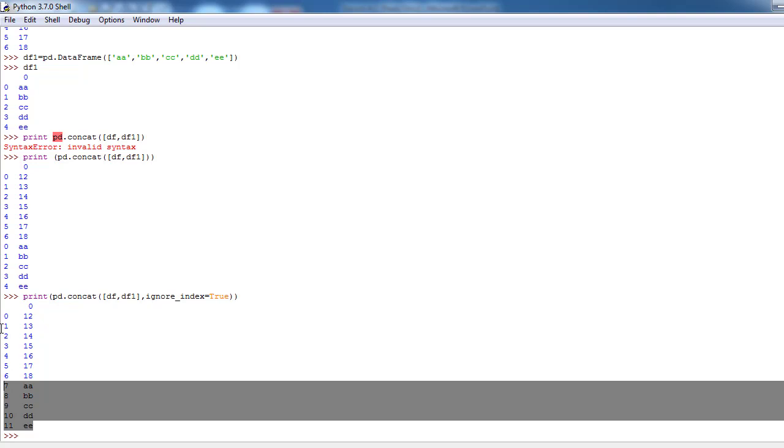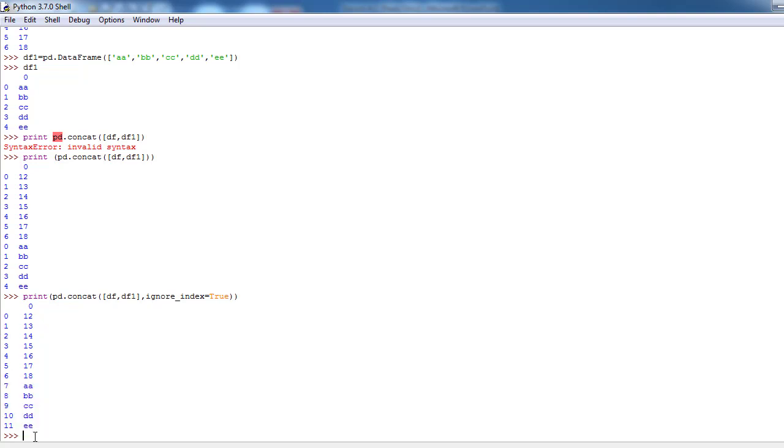So let's see, print of pd dot concat of tf comma tf1 comma keys is equal to, for example, tf, tf1.